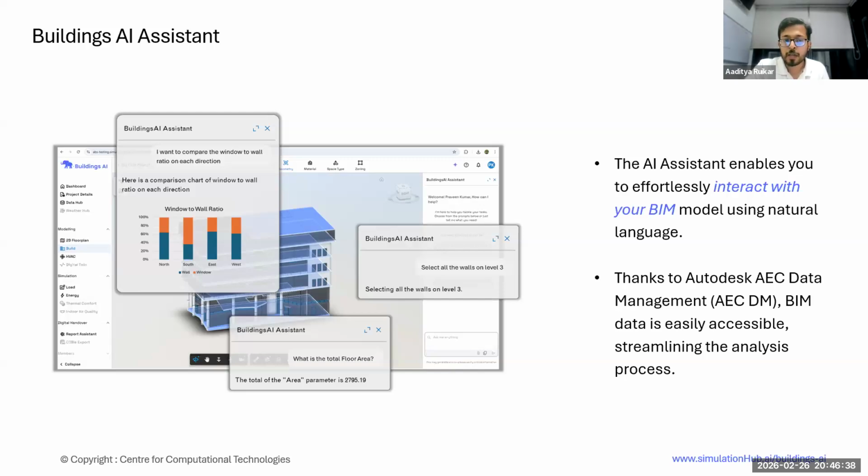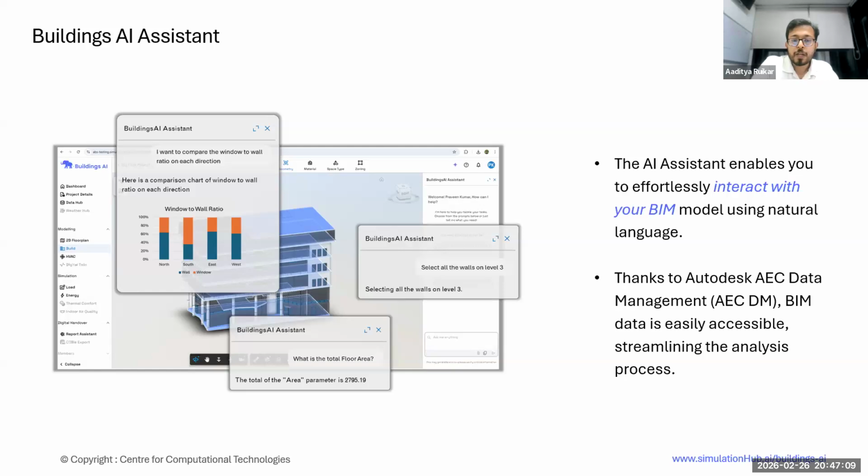Same for the space types. There are tools we are developing, like if you have your data in spreadsheets, PDFs, or schedules, you can provide them. It might not be in the building AI format, but with the help of AI, it can extract that data and directly apply it to your building model. So that's how it supports.